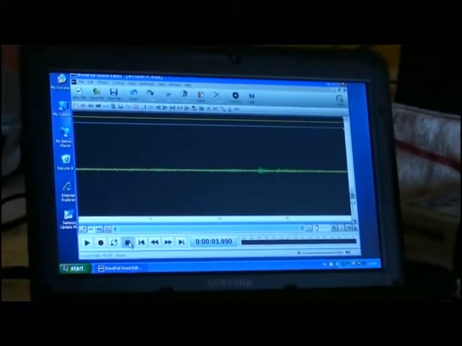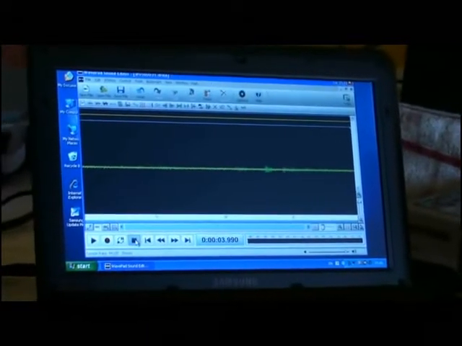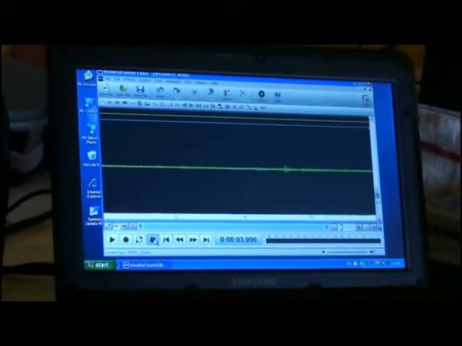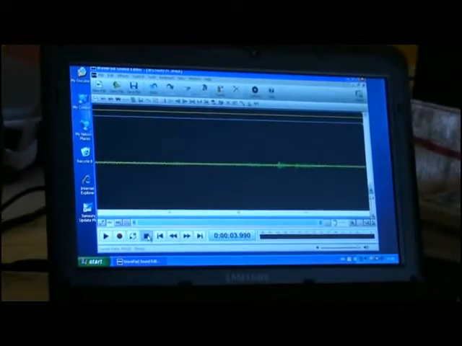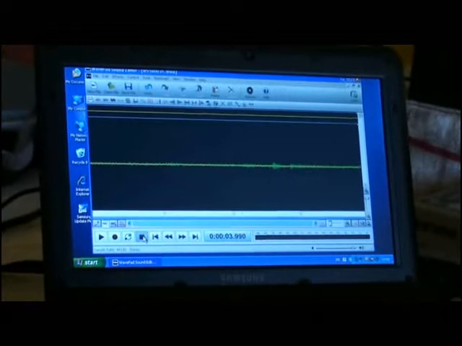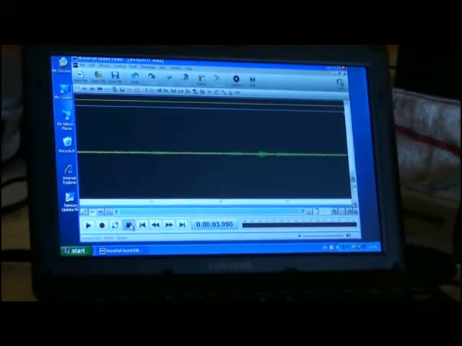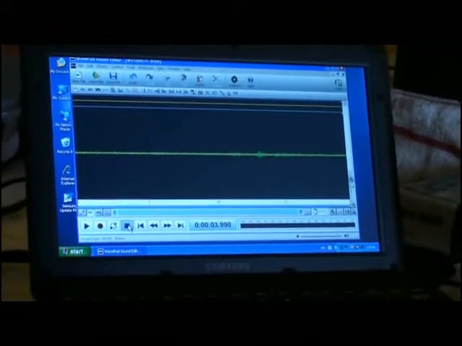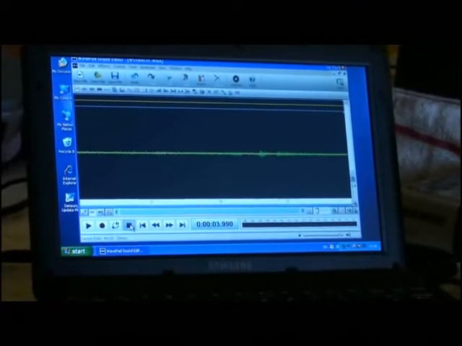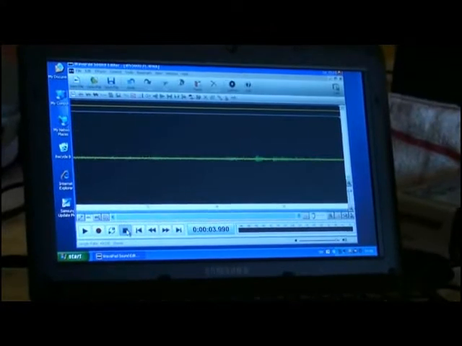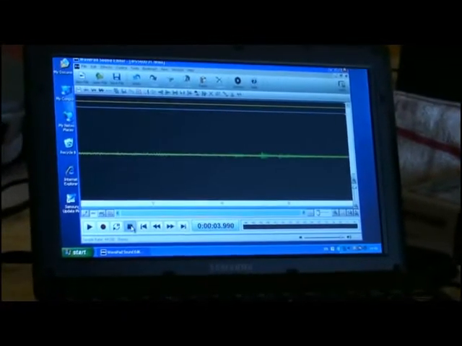Adding any sort of filter to this at this point will be altering the EVP, which is a bad idea, because with sound software you can make any one noise sound like any other noise. For instance, you could make a drum sound like a human voice with just a few simple filters.